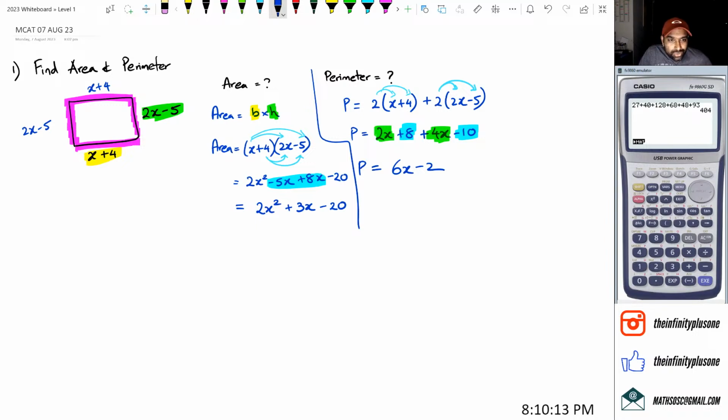I just need to do the perimeter in my calculator. So of course you guys can see my calculator, which makes it so much more fun. Give me a second. I'm just going to try and work this out in my head to see if I can actually do this. 8,